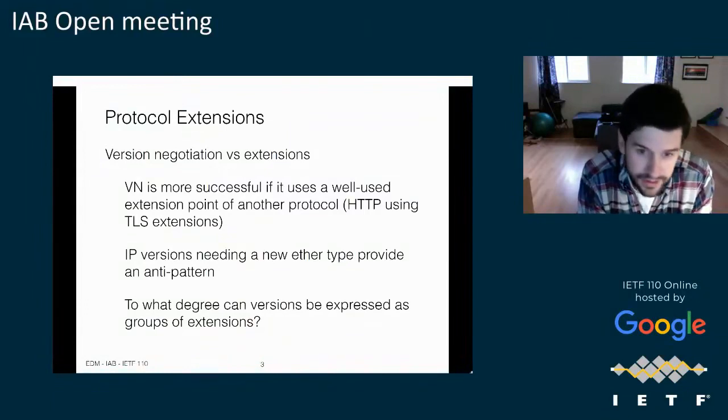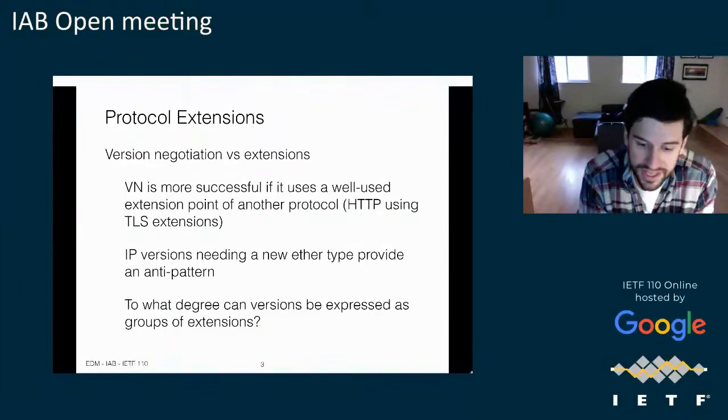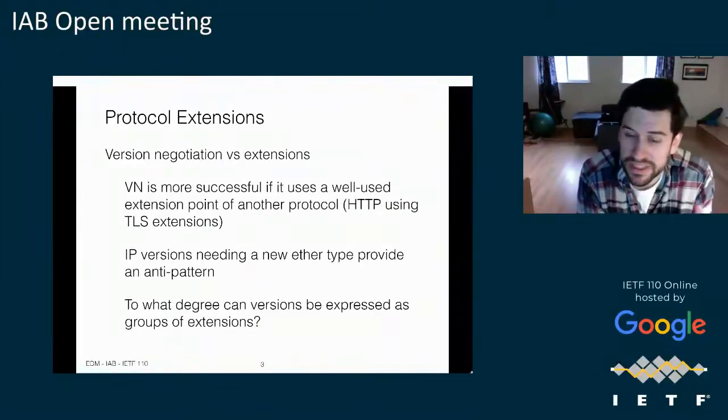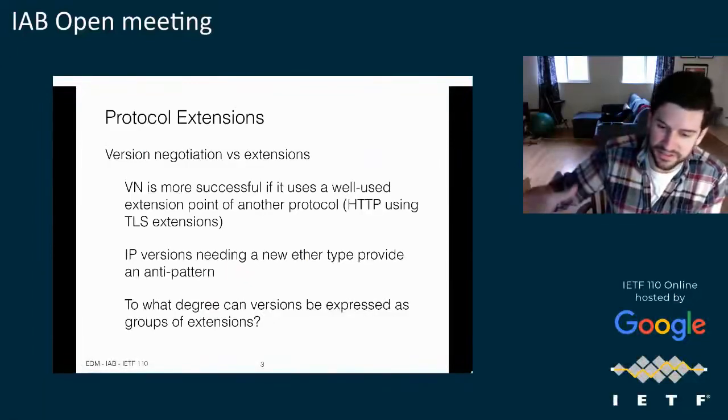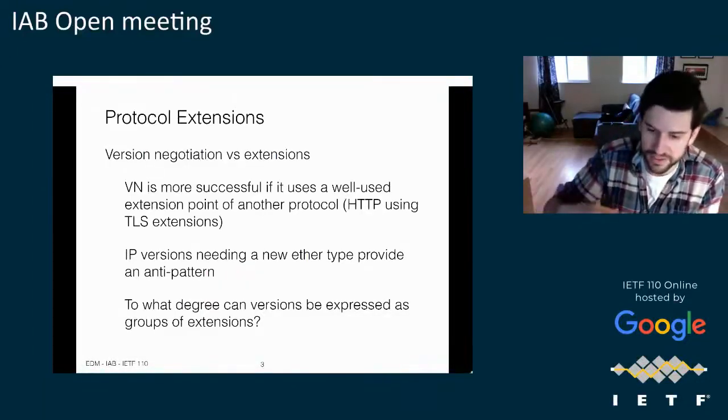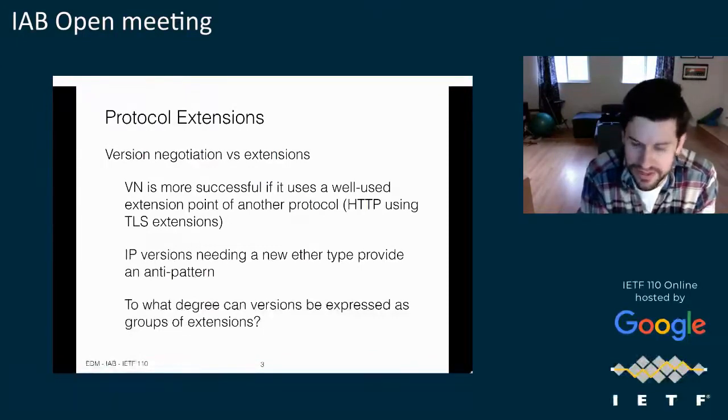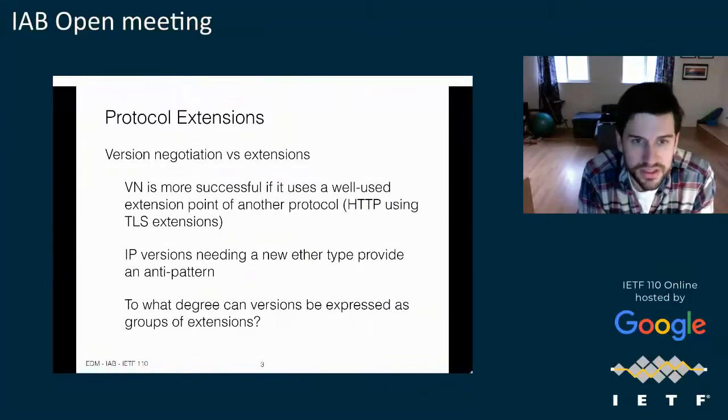We also discussed some anti-patterns, like how the IP itself has a version field that really is often not used, and you need some encapsulating protocol like the EtherType to actually determine what the protocol version is. So we have a lot of redundant version indicators in that case. We have some initial text that was added to the document based on this, but we're going to continue to refine that and go further. Next slide, please.